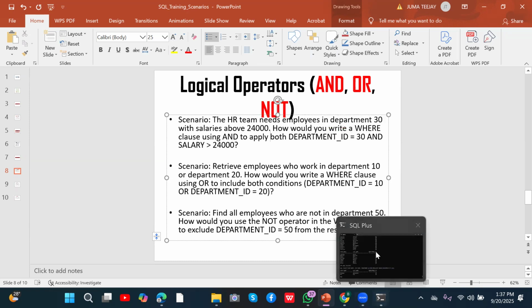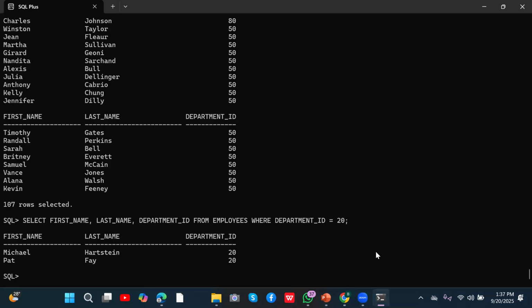So the query could be select first name, comma, last name, comma, salary, comma, department ID from